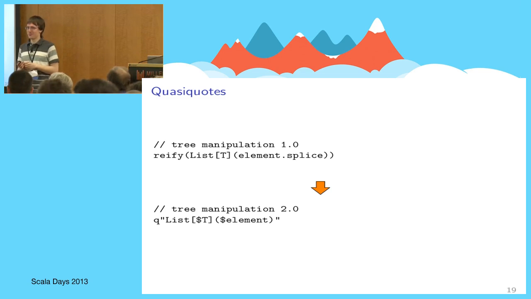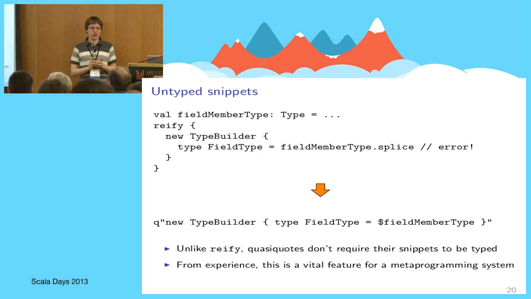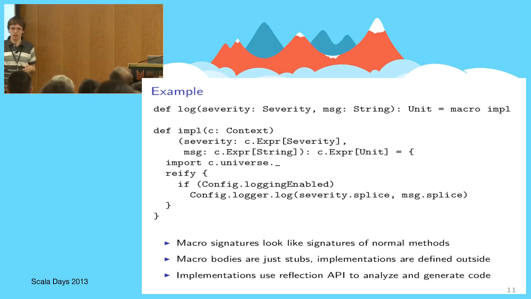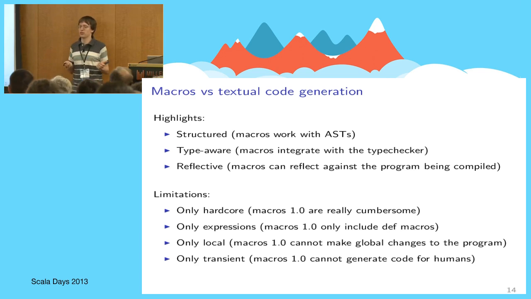Let's see what this entails in a bit more detail. I have 3 points to make. The first one is untyped code snippets. So reify's great strength and its great weakness is that it only works for well-typed code. If we take a look at this example here, we want to produce this if, and we know the types of the arguments, so everything is fine because the code inside reify, inside these brackets, type checks, and since it type checks, reify can do its magic and produce Scala ASTs.